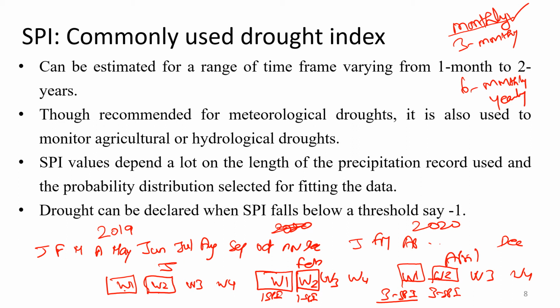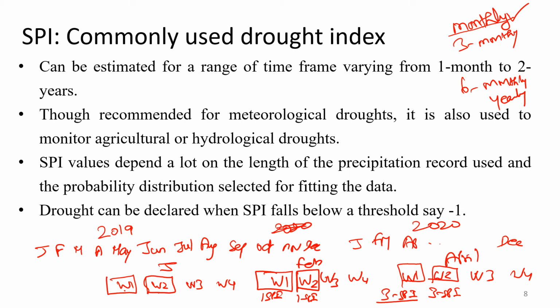I can do it similar to USDM, which publishes a map every week. I can do it every week, or I can do it every day also. January 1 to February 1, 1-month SPI. January 2 to February 2, 1-month SPI. January 3 to February 3, 1-month SPI. Like this, I can do it every day also. But for statistical reasons, SPI is not advised to be computed for a time frame less than 1 month. So people will generally say it's better to compute SPI for 1 month as the minimum time frame. That is better statistically. Okay.